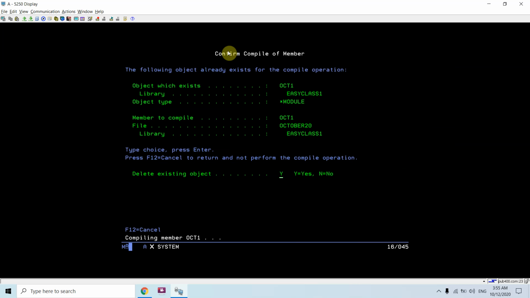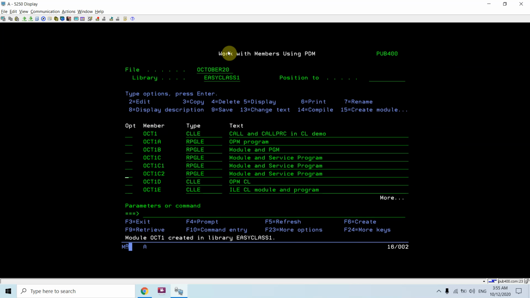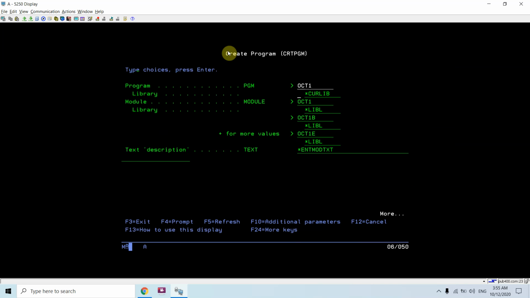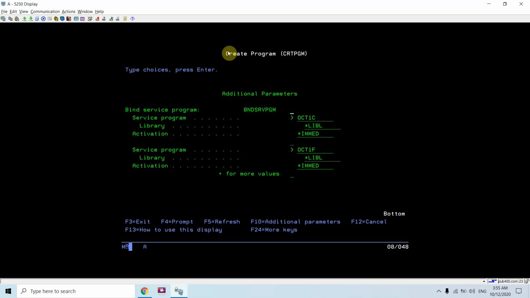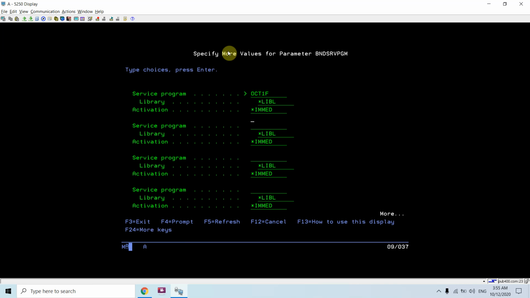Okay, so module is created. So using both ways I can create the program either by binding the service program or the module.